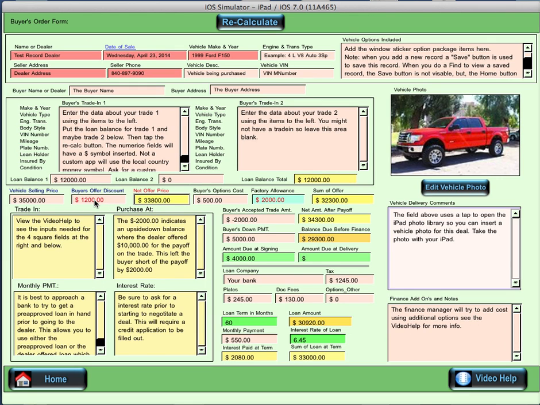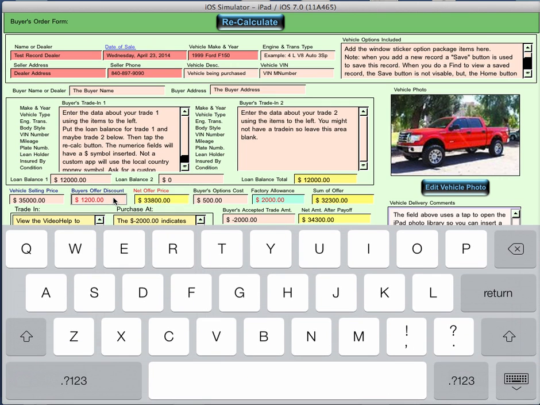But before you put in the buyer's discount that you're going to offer, you want to make sure by asking if there is a factory allowance. Because if you ask for one and then ask for the other, it's going to confuse the dealer about what you're really asking for. So if they're going to take a factory discount, say in this case it was $2,000 off of this truck, it's going to automatically reduce that amount and show it over here. Then if you go back in and say I want another $3,000, it's going to reduce this number and this number based on the data that you've added,